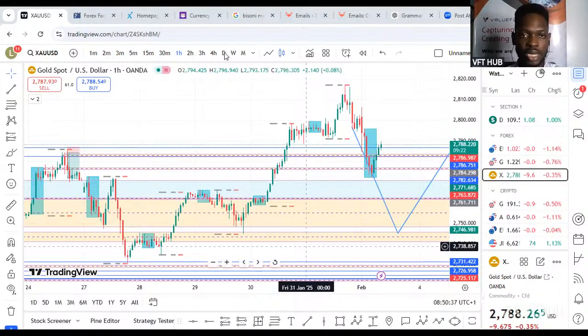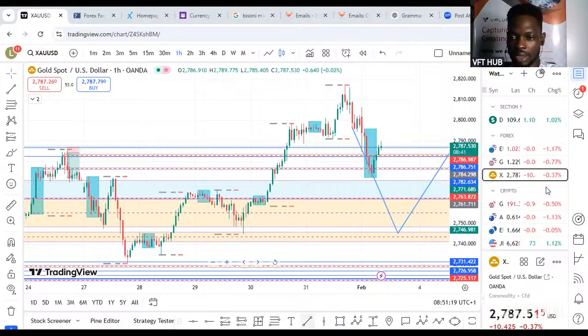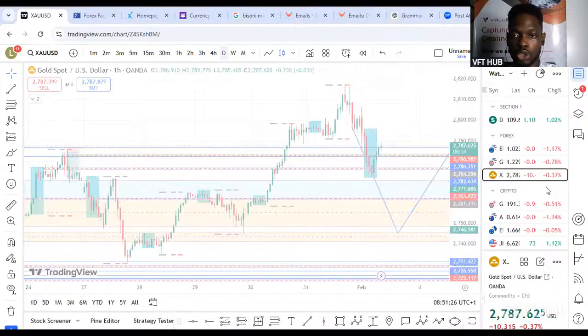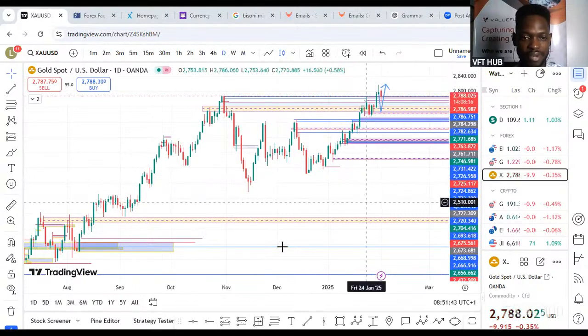So we are going into the analysis of the precious metal, just as CJ has said. We've seen what happened in the United States in the course of the weekend and its effects in the market and what we should be looking out for. And just as you know, the dollar also has a very, very key role to play when it comes to the analysis of